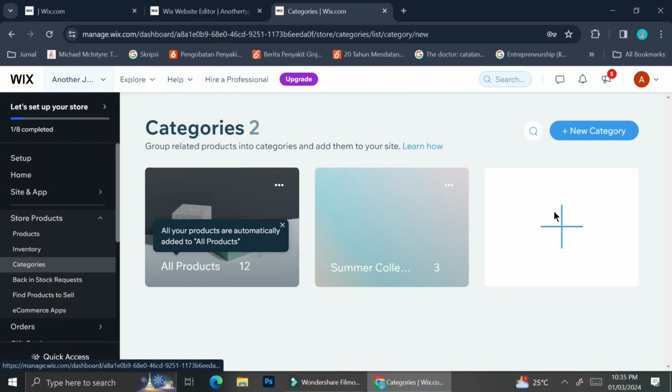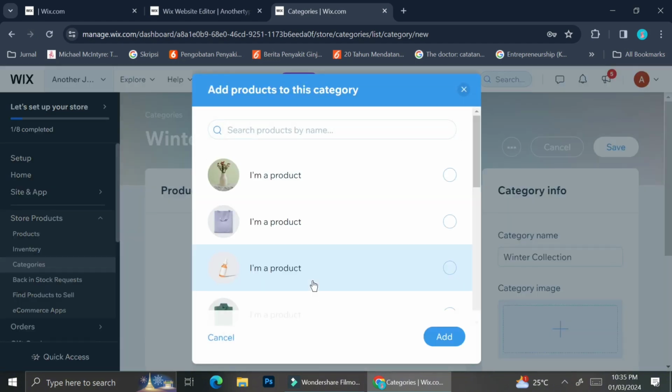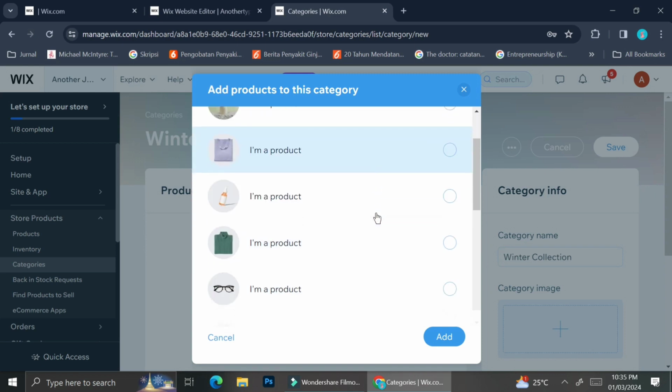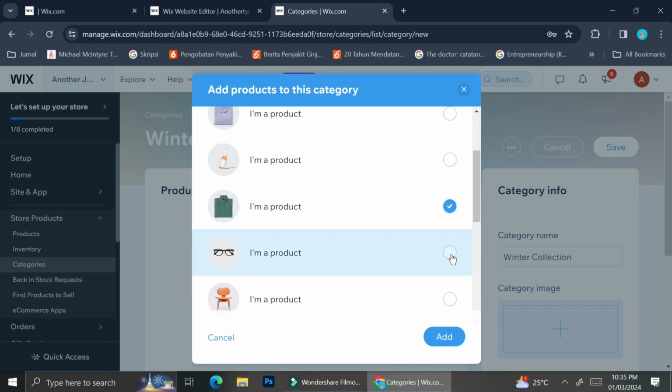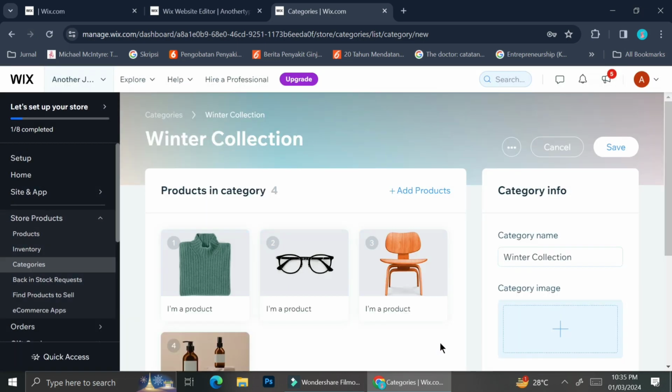Alright, I'm going to show you once more. This time I'm going to add my category by clicking on this big plus sign beside my other category pictures. And then I'm going to rename my category. This time it's going to be Winter Collection. I'm going to rename it by double clicking on the name text box. And then I'm going to add my products by clicking on the Add Product button. And then I'm going to choose the products that I would like to be categorized as Winter Collection